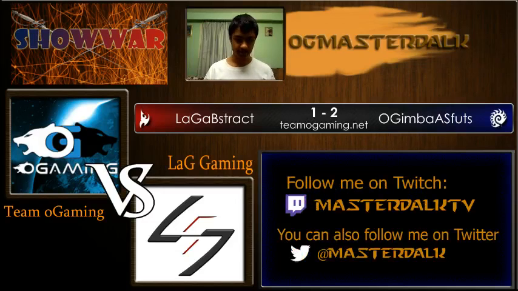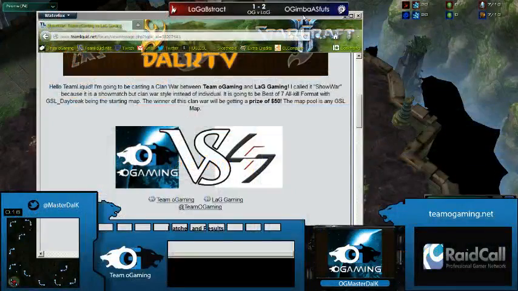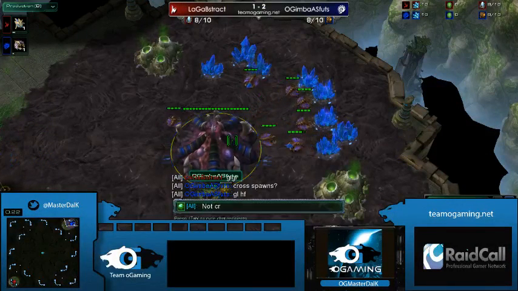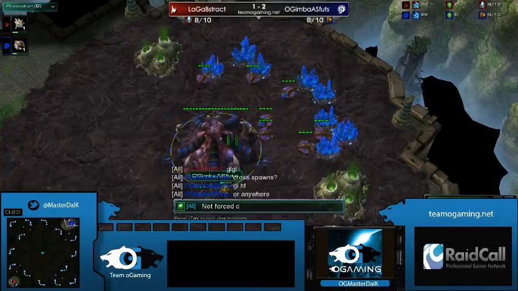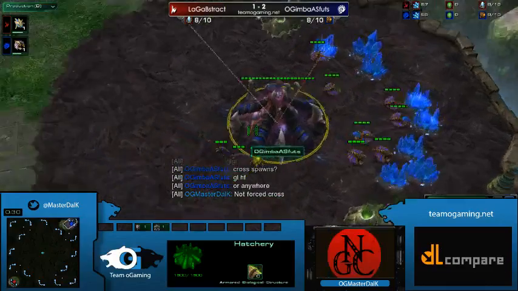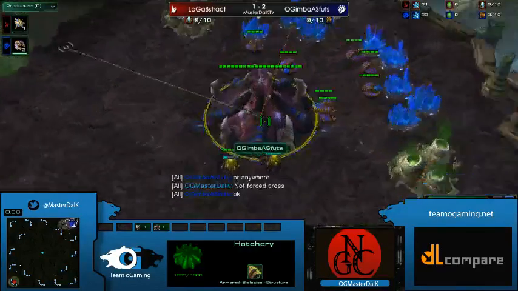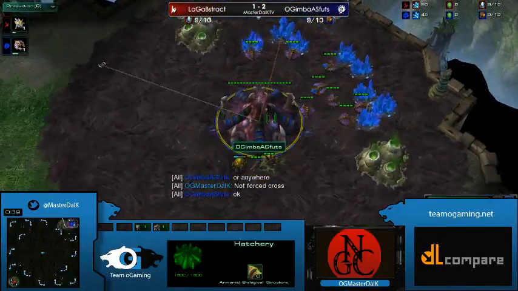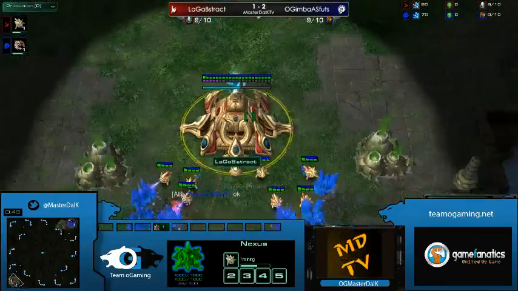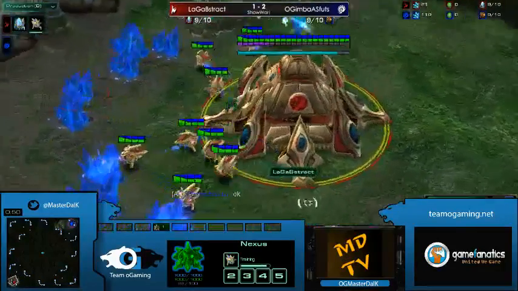Alright. So here we go. Into game number 4. Spawning right on top of the blue Zerg from oGaming, currently on a 2-win streak. It is OGimbaASfuts. And on the bottom left hand corner, we have the red Protoss from latest and greatest gaming. It is